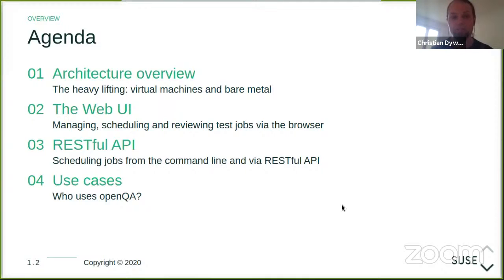And I will give you a tour of the web UI. When I say web UI, that means the web browser interface that is used to manage, to schedule, and to review what's actually going on. And openQA also has a wonderful RESTful API.